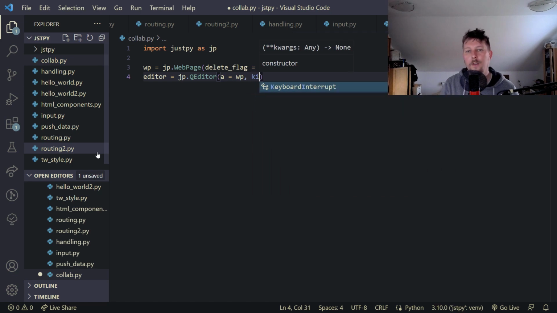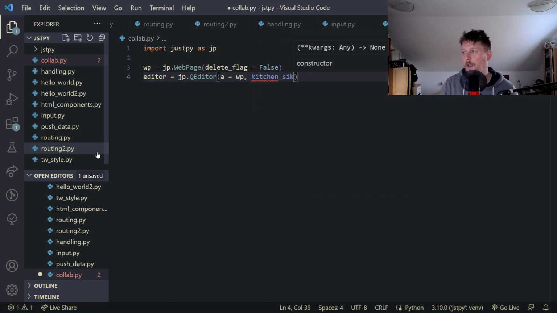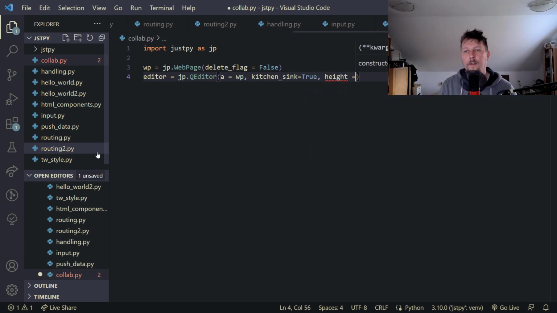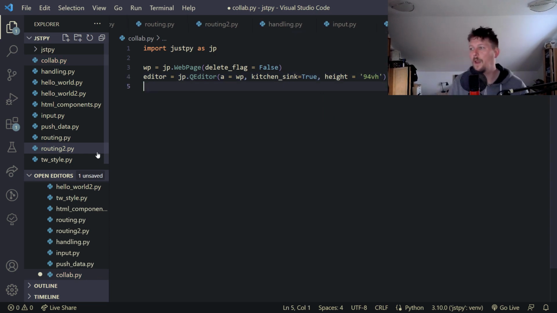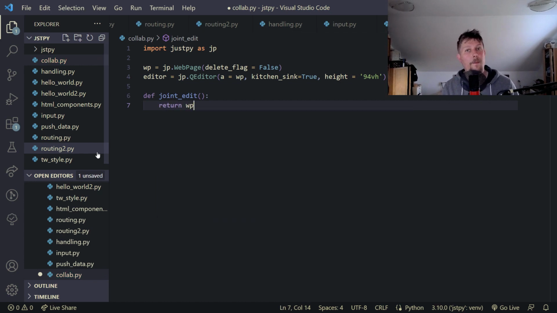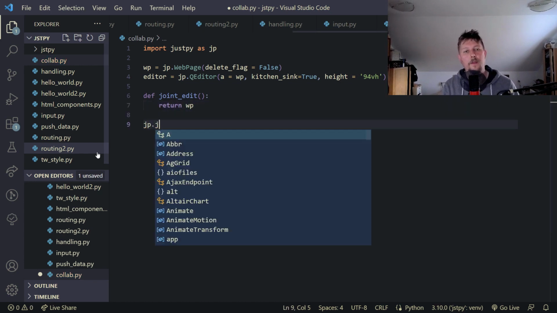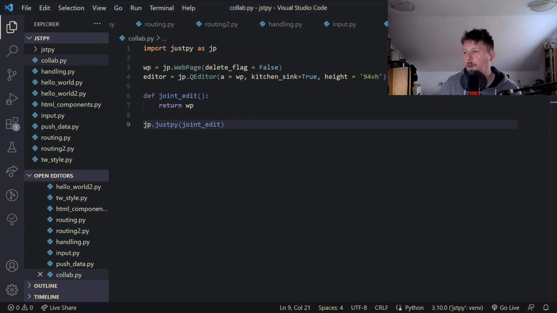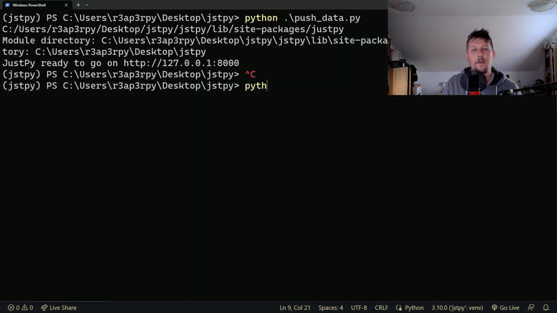the web page. The kitchen sink is true, and the height is 94 VH. And we have the joint edit, which returns the WP, and the JP.justpy is going to run the joint edit. So let's see how this works. Python collab,